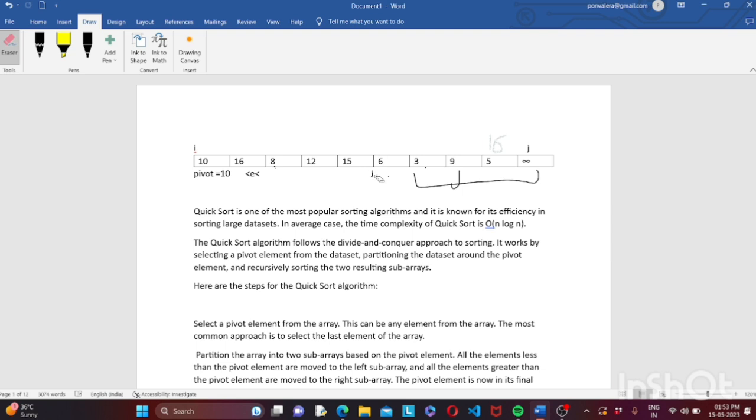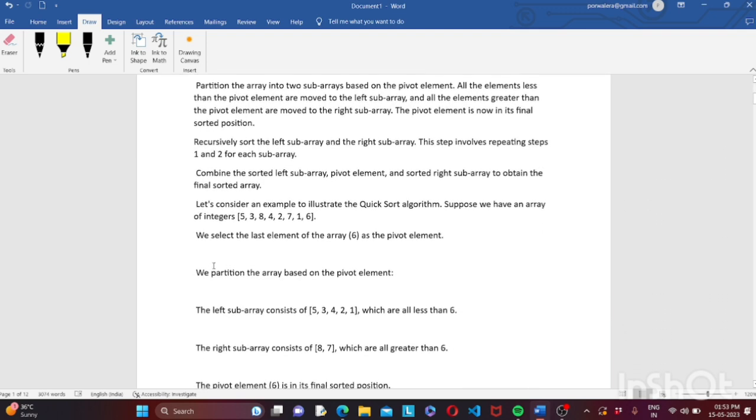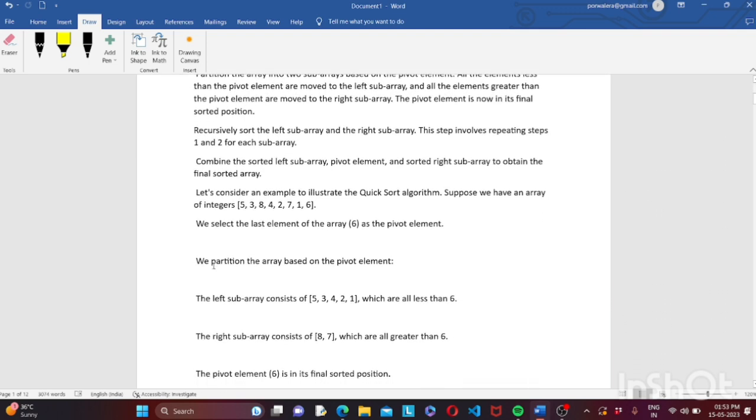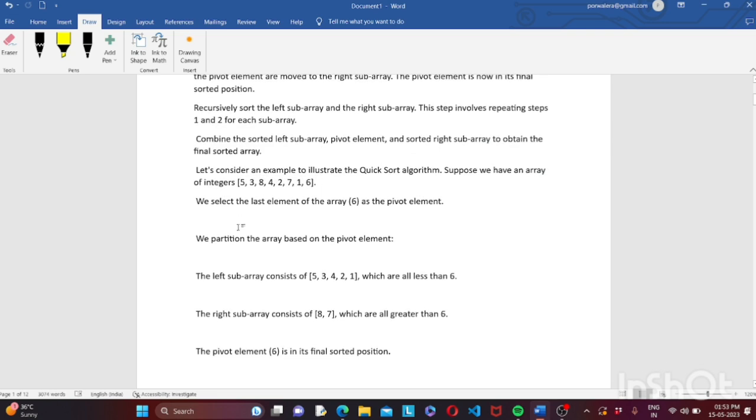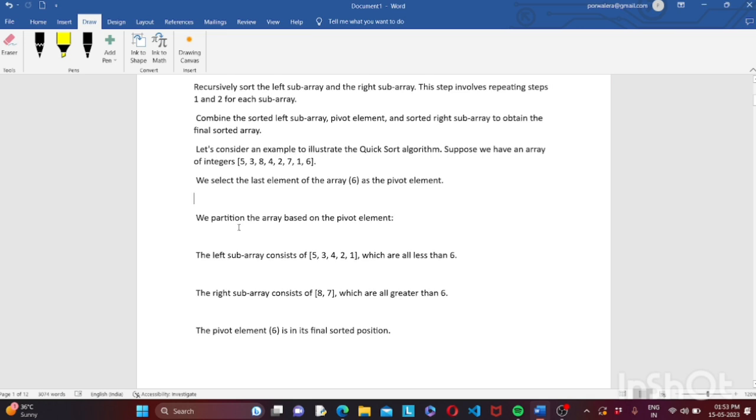Now let us see stepwise, which we have already mentioned in our presentation. तो अब हम इसका स्टेप वाइज देख लेते हैं, let us consider an example। तो हमने यहाँ पर ये example consider करा है 5 3 8 4 2 7 1 6। तो इसको हम करेंगे, we select the last element of the array। 6 हमने select कर दिया क्योंकि वो आइडियल कंडीशन में है, उसके आगे उसका छोटा एलिमेंट है और पीछे कोई है नहीं।